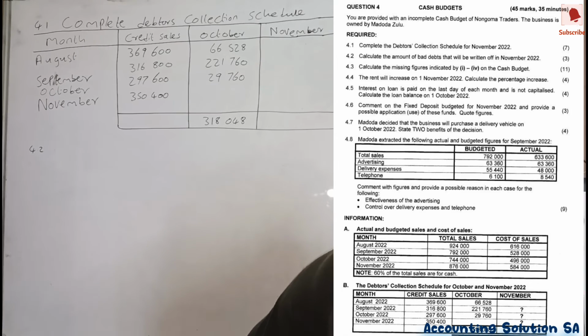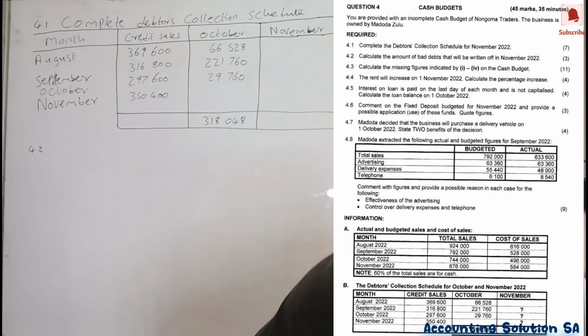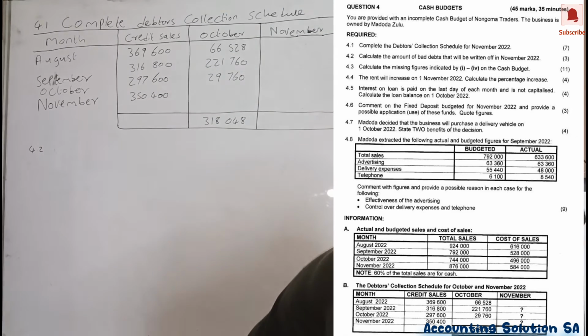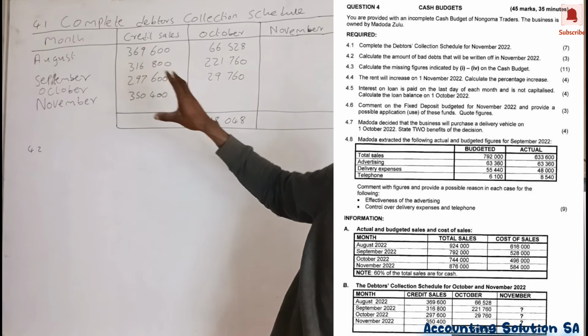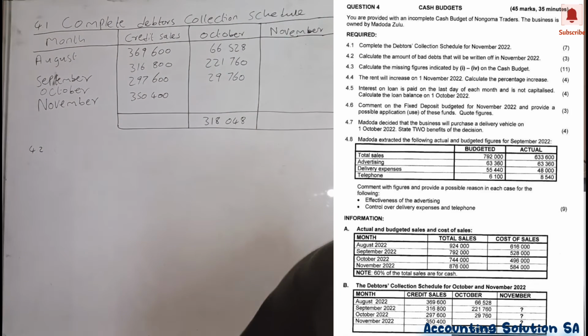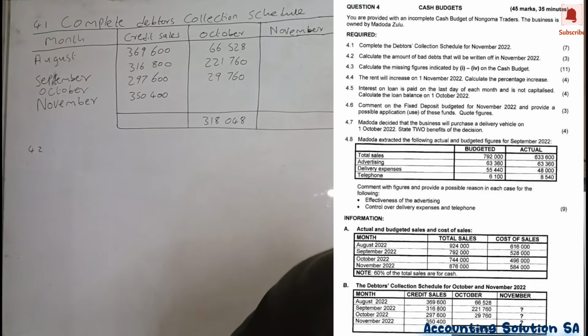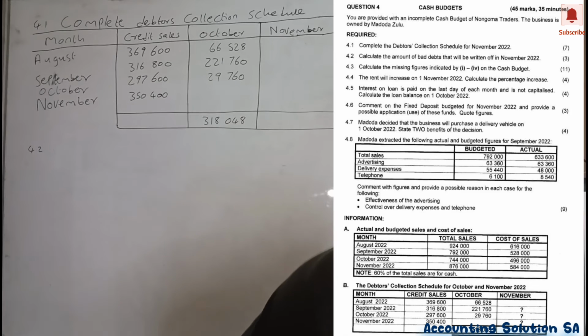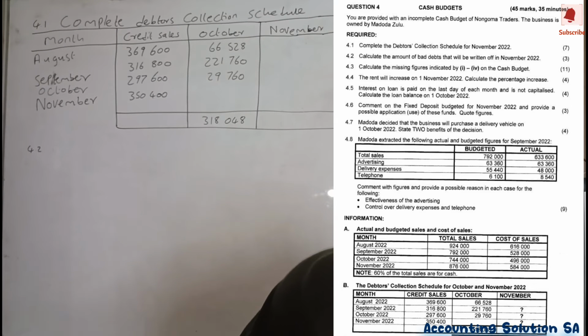Okay, you are provided with an incomplete cash budget of a non-government trader. The business is owned by Madoda Zulu. Then 4.1, complete a debtors collection schedule for November 2017. So this is the schedule that we are going to complete. Some of the figures we are already given. 4.2, calculate the amount of bad debts. Number 4.3, calculate the missing figure. And number 4.4, the rent will increase on 1 November 2022, and calculate the percentage increase. Then we also have other questions where we are going to calculate interest on the loan, and we also